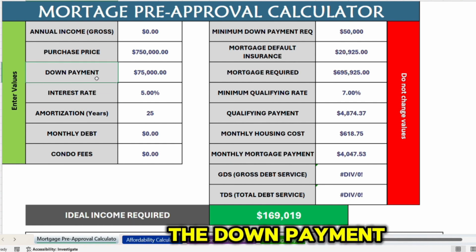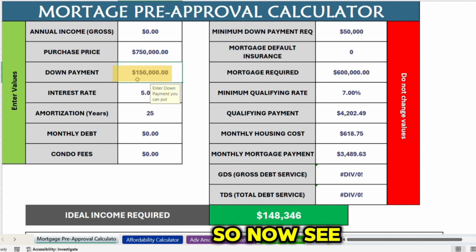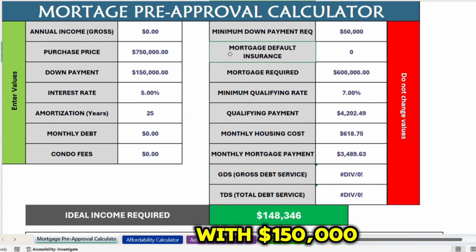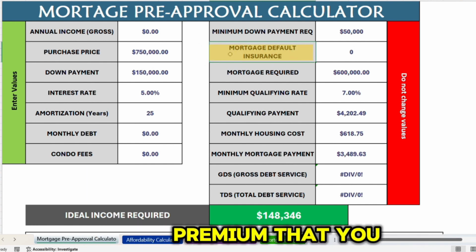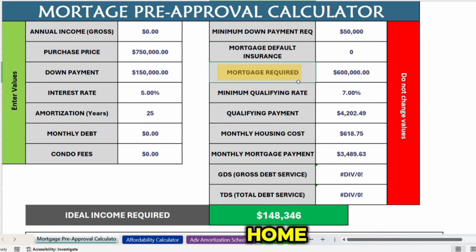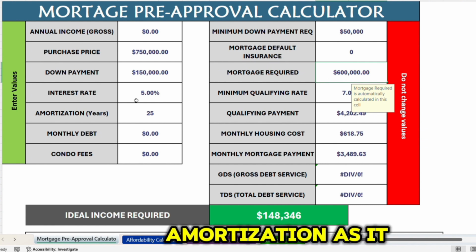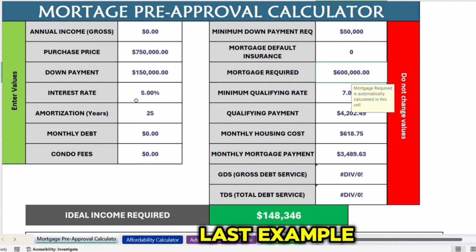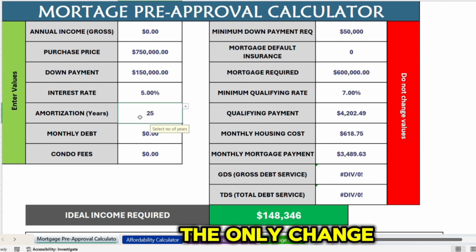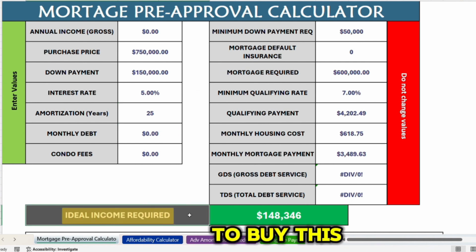So here in the down payment, I am assuming that we are putting 20% down, that is $150,000. Now see, with $150,000, there is no mortgage default insurance premium that you need to pay, and the mortgage that you require to buy this home is $600,000. I'm keeping the interest rate and the amortization as per the last example. So now with the only change in the down payment, you can see the ideal income that we need to buy this home is